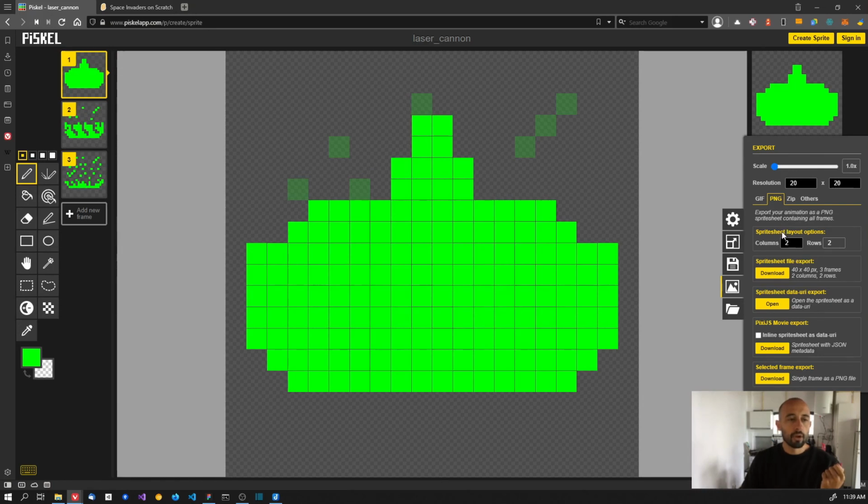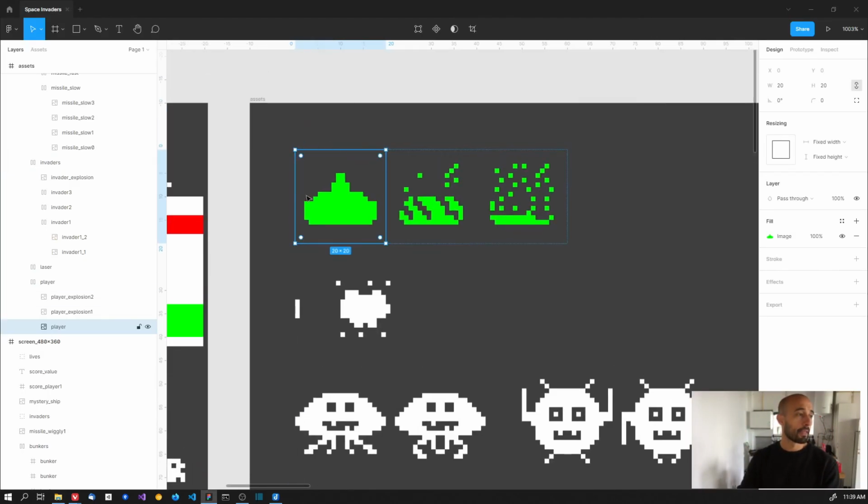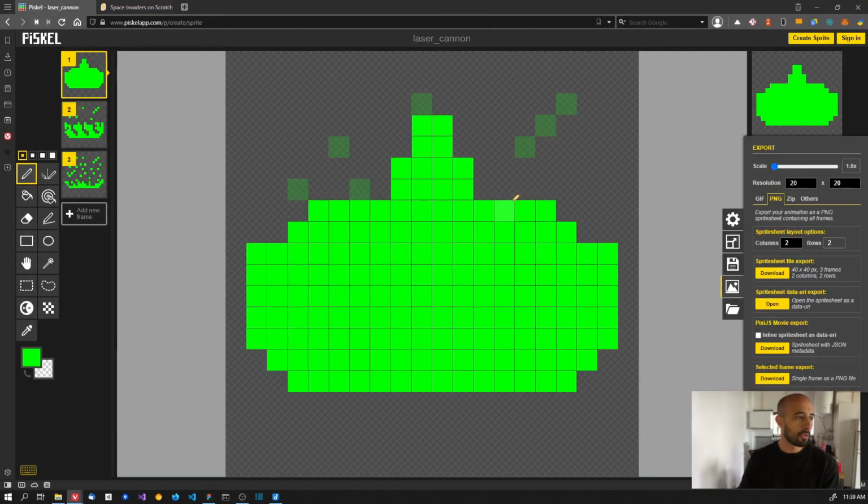And this one creates a sprite sheet. A sprite sheet is going to be like an image with all the sprites together, something exactly like this. It gives you an image with all the sprites together, and this is a sprite sheet. And some game engines use sprite sheets instead of separate sprites to create the animations and everything. In this case, in Scratch, we are not going to be using it. We need the images to be separated, so we can import them into Scratch separately,